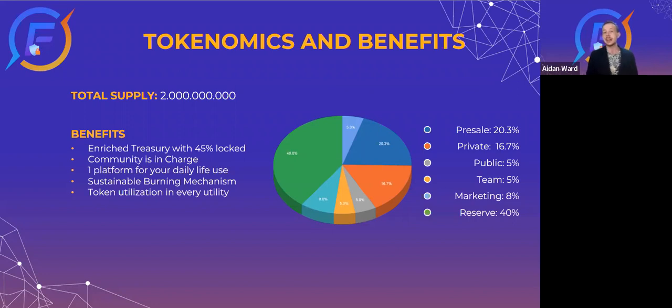What that allows us to do as FNT is hold a large percent that will provide us with the resources to facilitate services like the loan to value cash system, the cards, the interest, the staking. All of these amazing features and functions of the FNT ecosystem need a liquidity base in order to provide those services. So